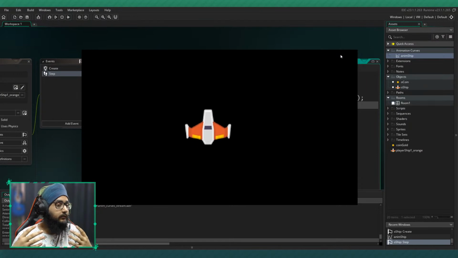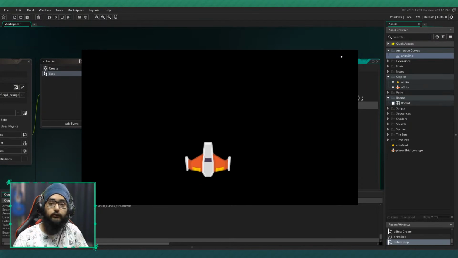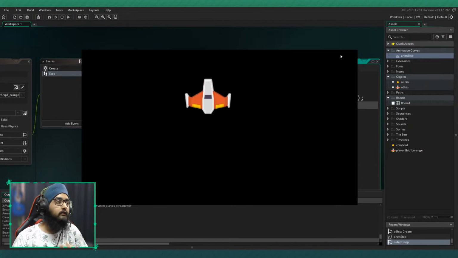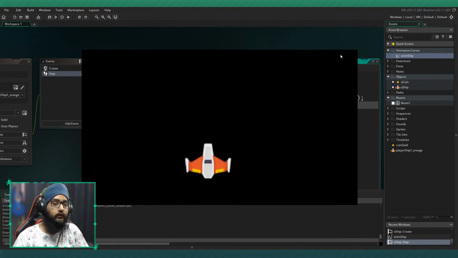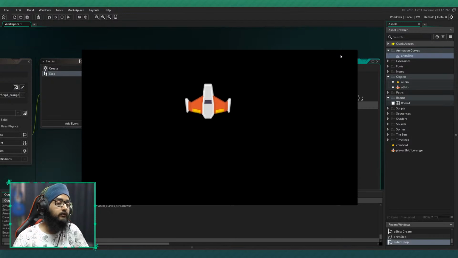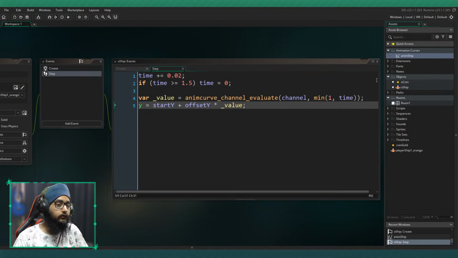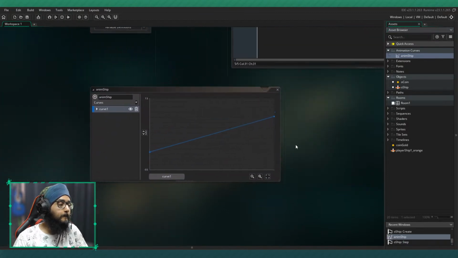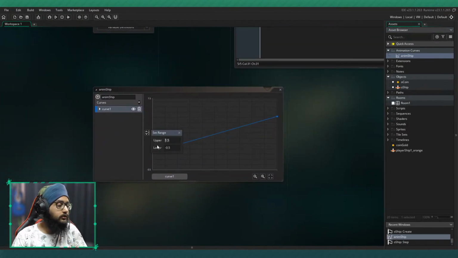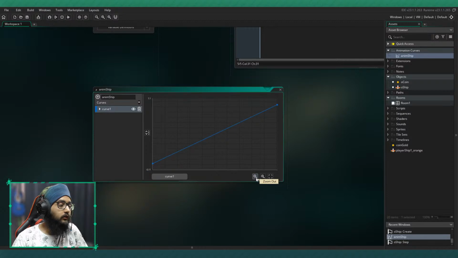And concerning animation curves, in the animation curve editor we have a curve library basically, and that has some presets that you can use to apply to your curve to change how it interpolates from one point to the next, or basically how it animates. So let's open the curve. I'm going to set the range to 1 and 0, so we are seeing the whole curve. I'll maybe zoom out a little,